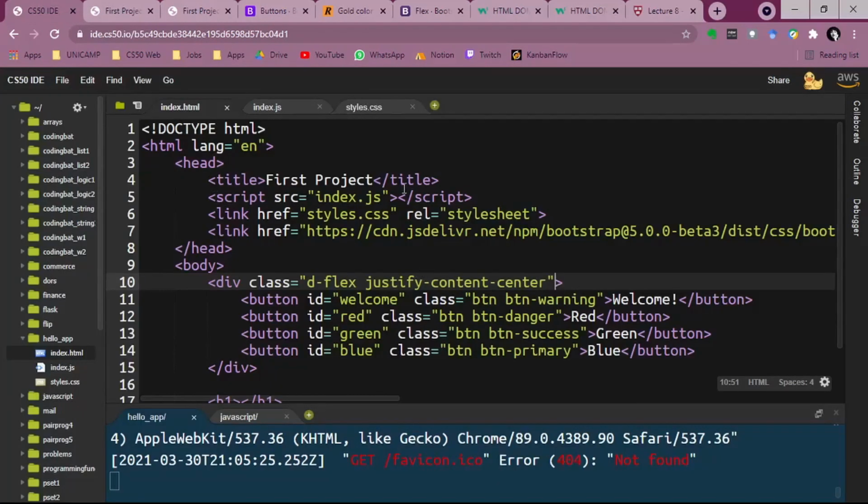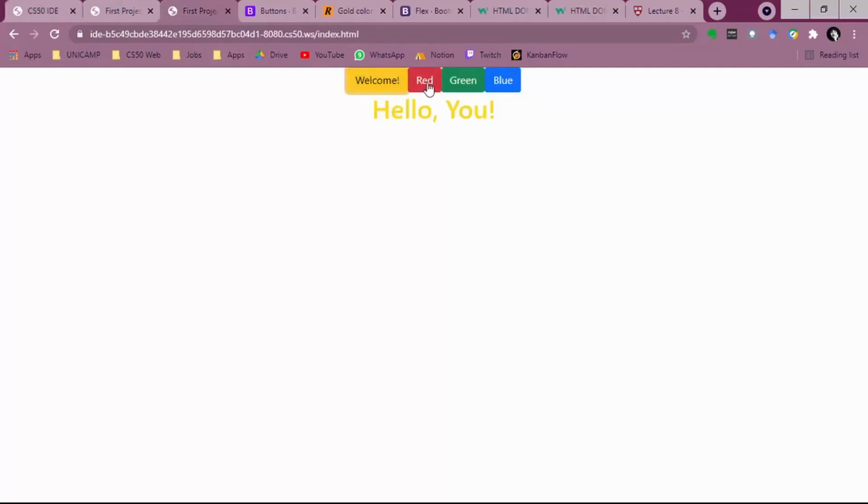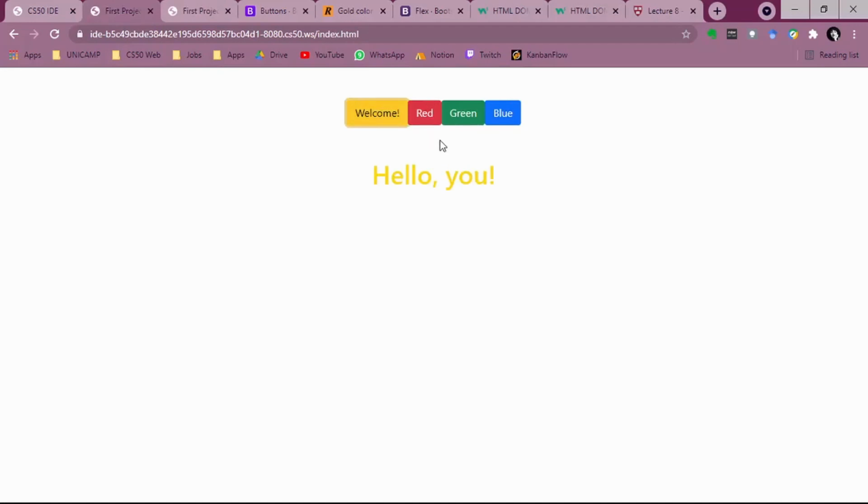And now it's the last thing that we're going to do. So if we check here, it's all too close to each other, right? The buttons are close to the top of the page, and the hello is really close to the button. But in here we have some space. And how are we going to do this? We're going to use something that is called the margin-top property on